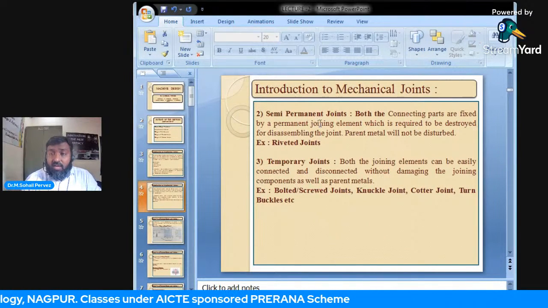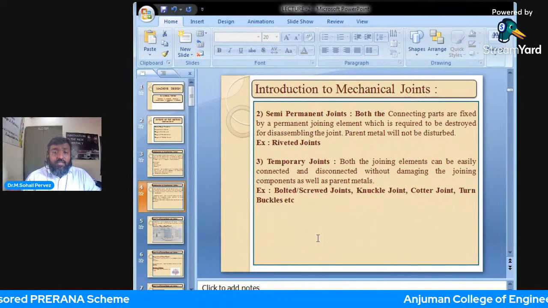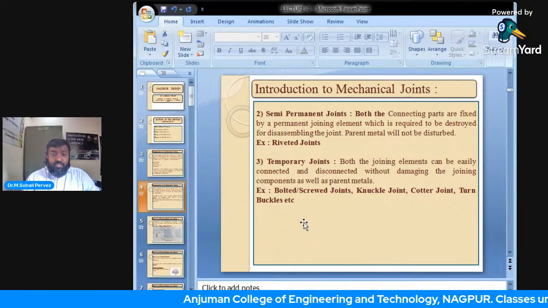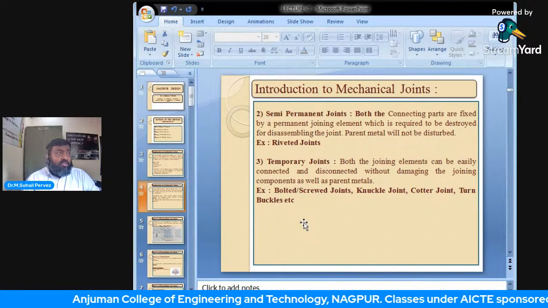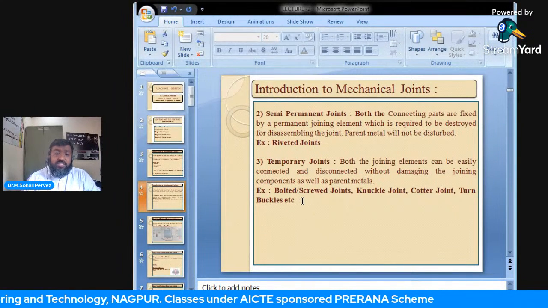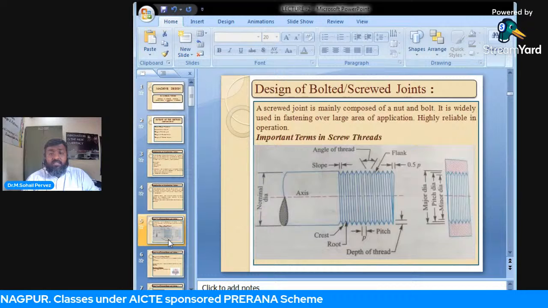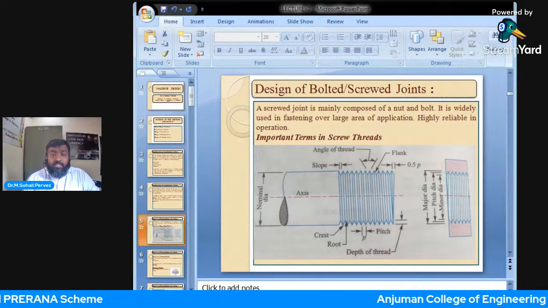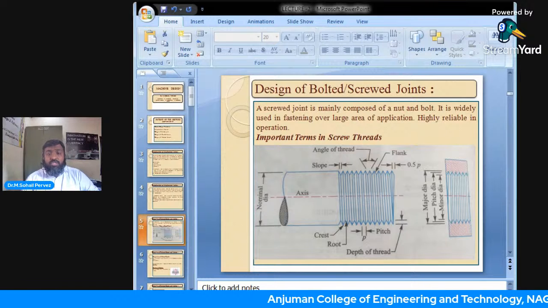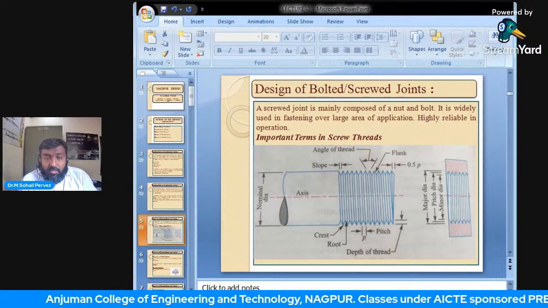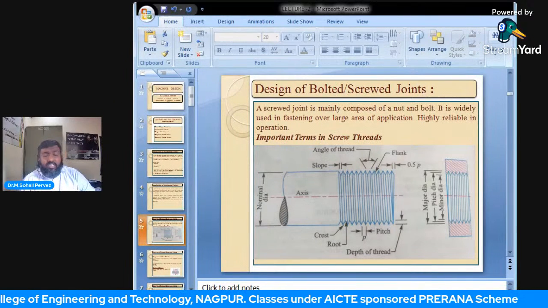And I think it is quite okay with you to get an understanding of how we classify joints. So first of all, we will go through the details of temporary joints, of which bolted joints we will discuss. This is the generalized geometry used for the design of bolt or screw joints. Generally a temporary joint,